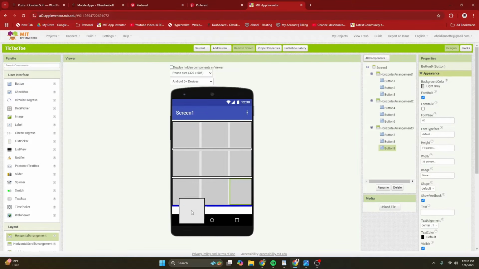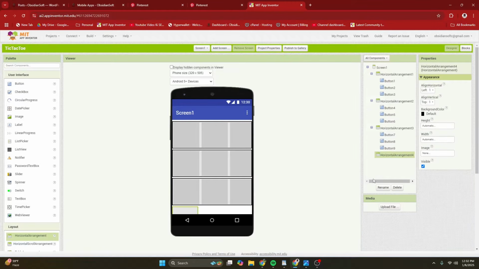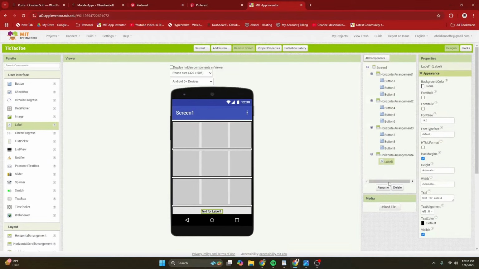So I'm just going to put a new horizontal arrangement here and I'm going to make align horizontal and align vertical center in its properties, and I am going to make the height 10% and the width fill parent. Okay, and inside this last horizontal arrangement I need a label which is my status label, and I'm going to rename it to status LBL and font bold, font size 20, and the text on it says turn :